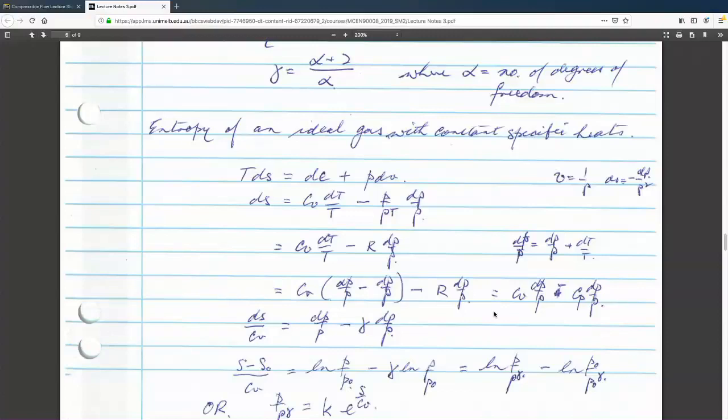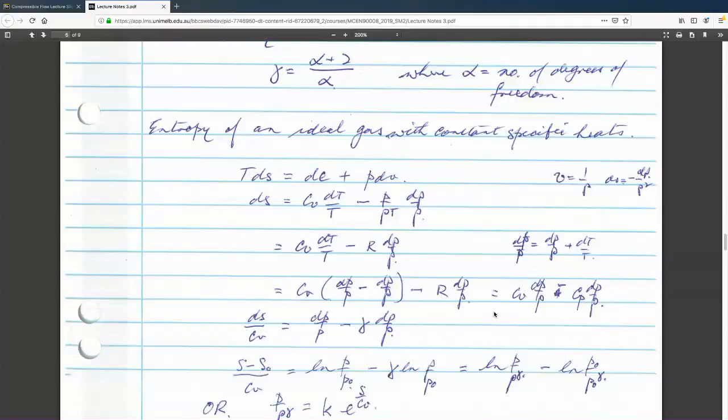I can change this by putting the gamma inside here, and so this is the logarithm of rho to the gamma over rho naught to the gamma. And then I have the logarithm of P minus the logarithm of rho to the gamma, which is the logarithm of P over rho to the gamma minus the logarithm of P naught over rho naught to the gamma. Very simple. So we've deduced that